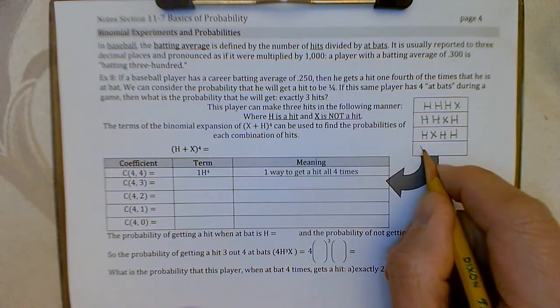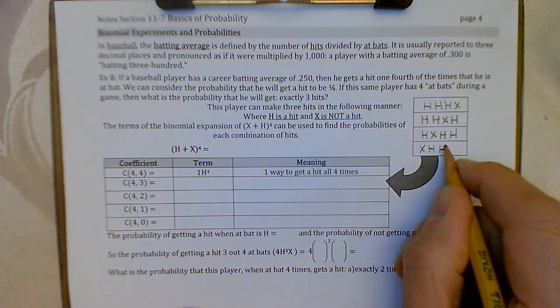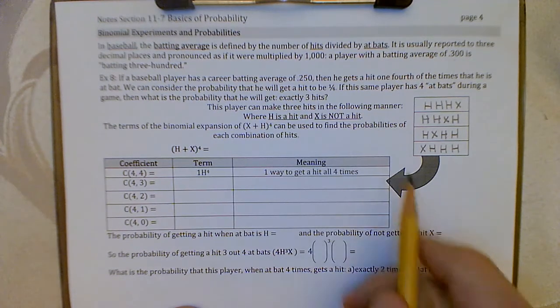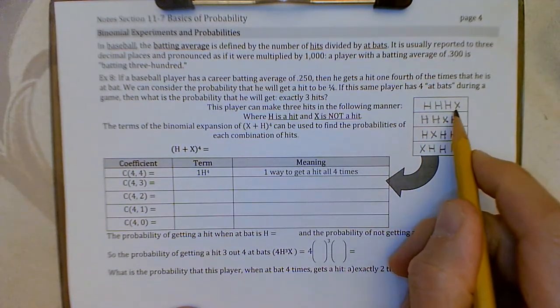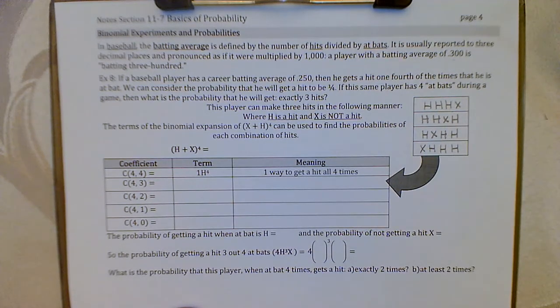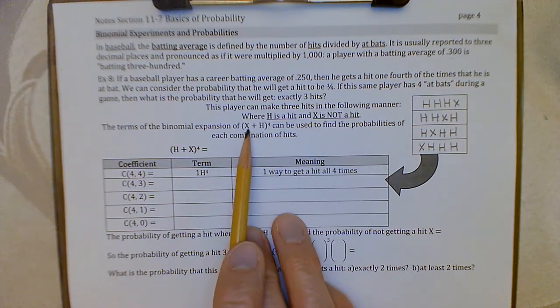Or the fourth case, he could not get a hit the first time, but then get 3 hits the next 3 at-bats that he does. So there are 4 different ways of arranging 3 hits and 1 not hit in 4 attempts. All right, well, we're going to see in a minute how we could take a binomial